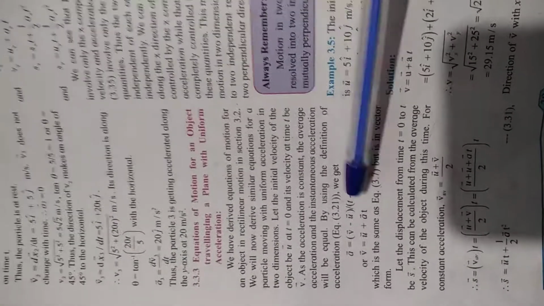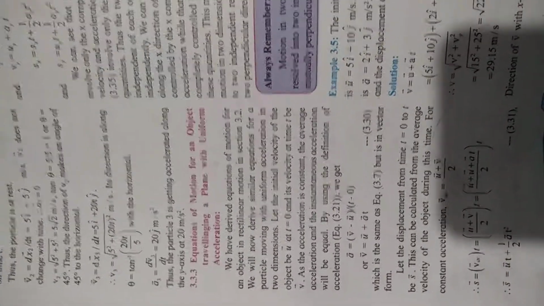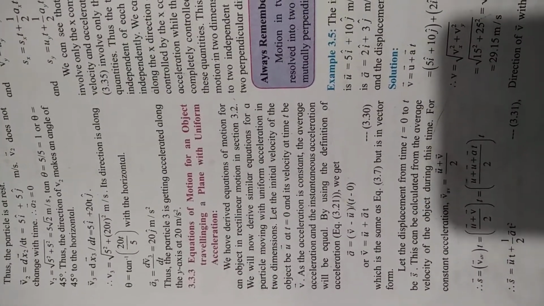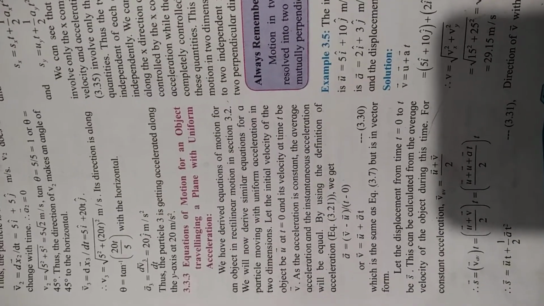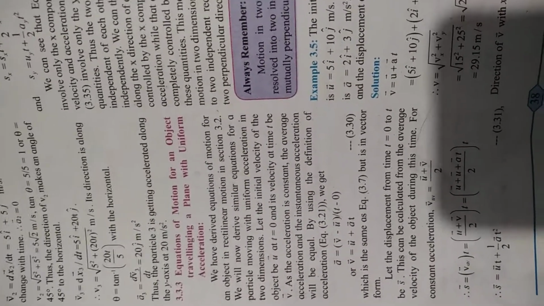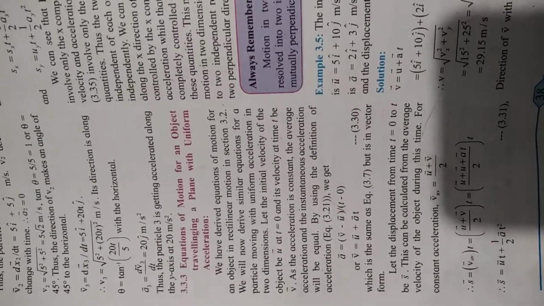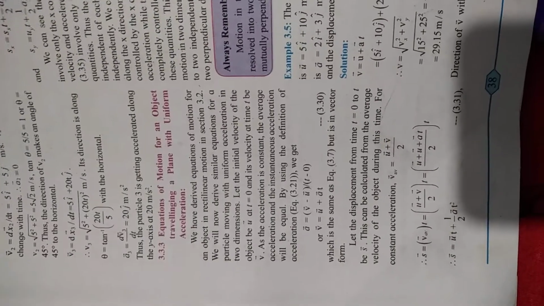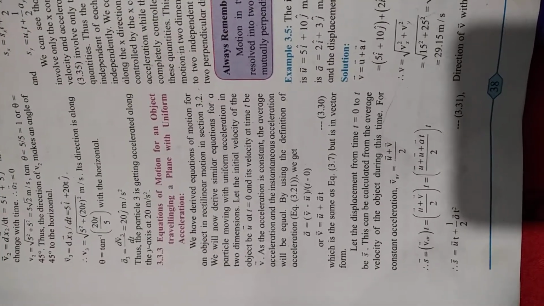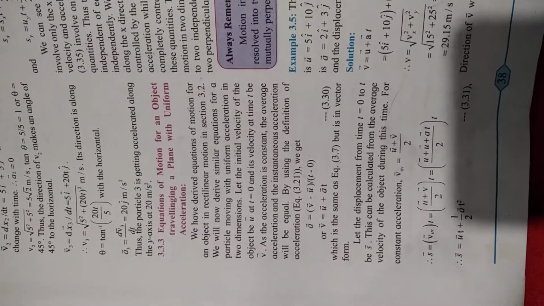So if we shift this t to the left side, we get at is equal to v minus u. If we simplify, then we get v is equal to u plus at. This is nothing but the first kinematical equation: v is equal to u plus at. These three kinematical equations you should know very well, because they are always required in physics for solving a number of